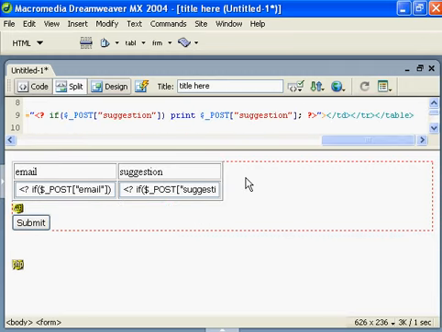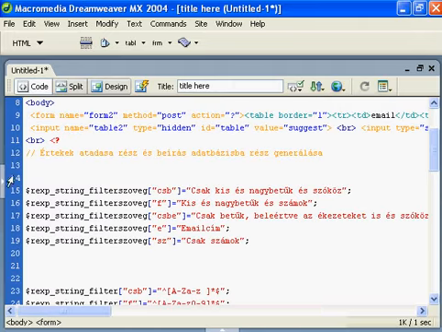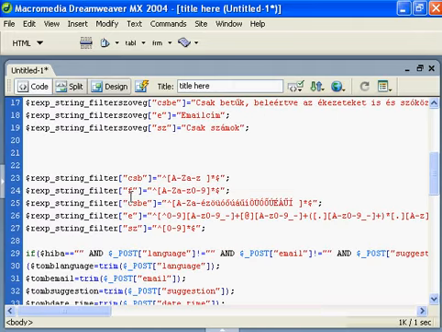Let's see now what happened. If you click here, you can see the PHP code which